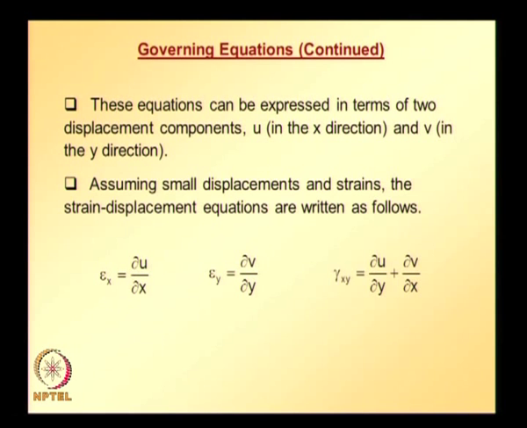Our job is to express the equilibrium equations, which are in terms of stresses, in terms of displacements. To do that, we first made this assumption of small displacements and strains, and based on that we got the relationship between strains and displacements,